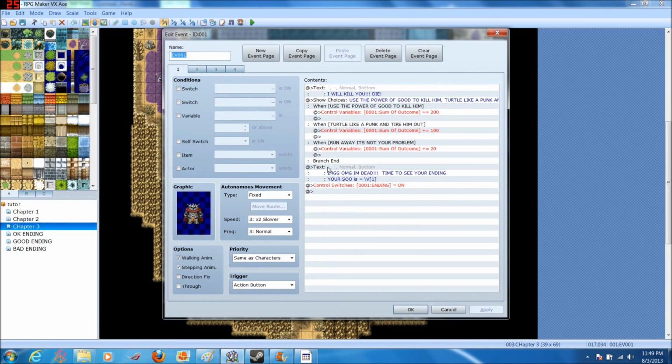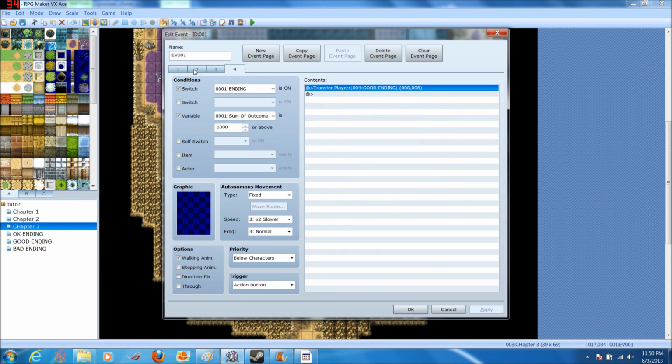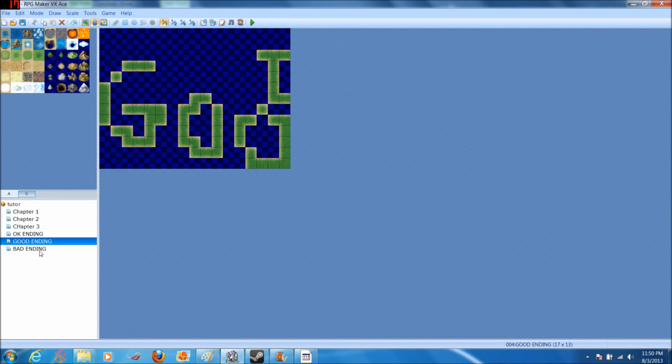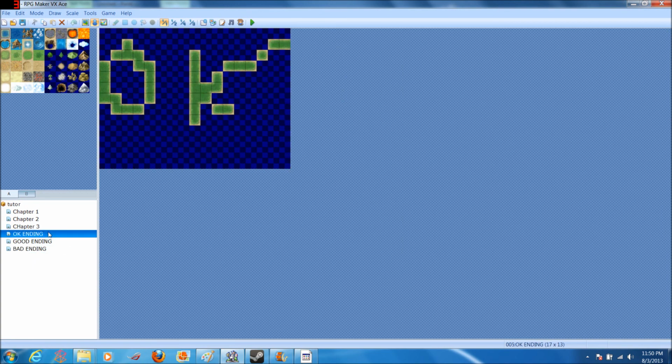So going over it one more time, after our "oh my god, I'm dead," your ending, and so forth, a switch turns on. Once this switch turns on, it activates our ending, and then once another condition is met, that the sum of outcome gets calculated, it'll transfer you to the appropriate ending. And once it's done transferring you, all you have to do now is work within either of these three maps. And depending on how you do it, of course, you don't even have to do a teleport. You could even do this on the same map. Just have it set to do more conditions as well, more switches. But essentially, you could just put a parallel process in this OK ending and